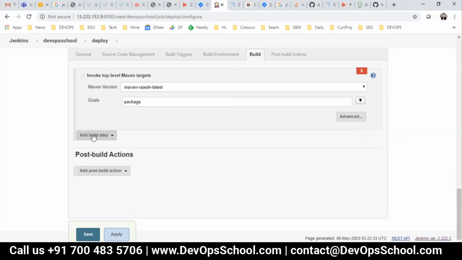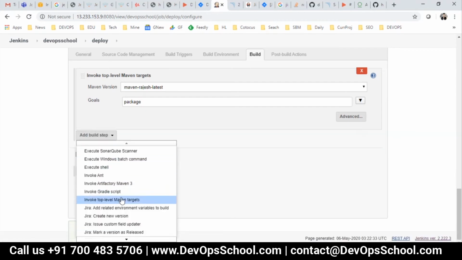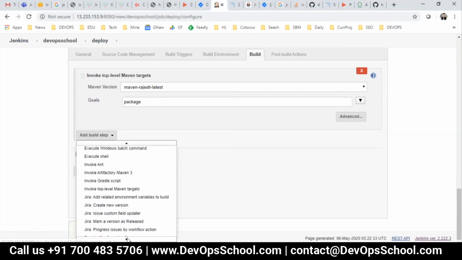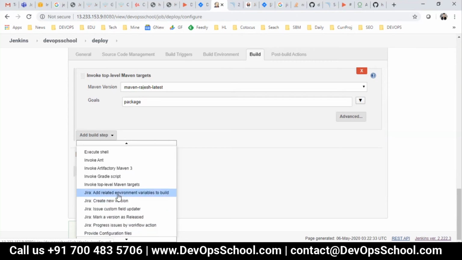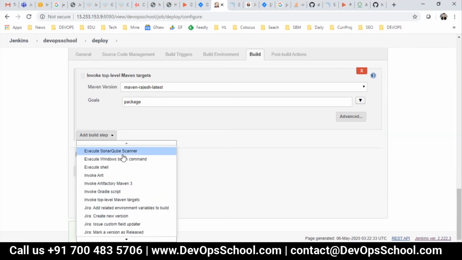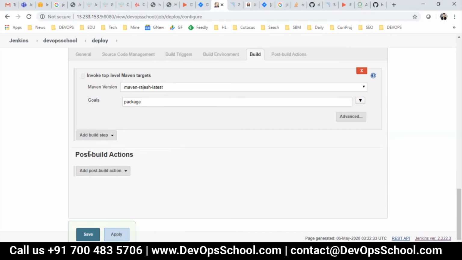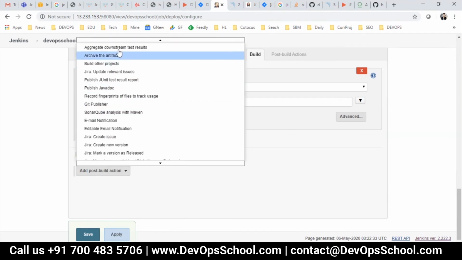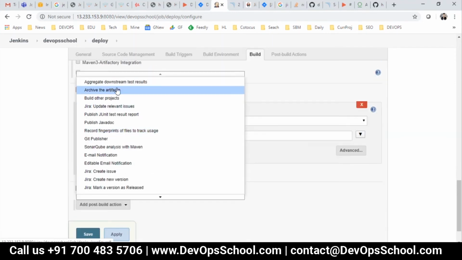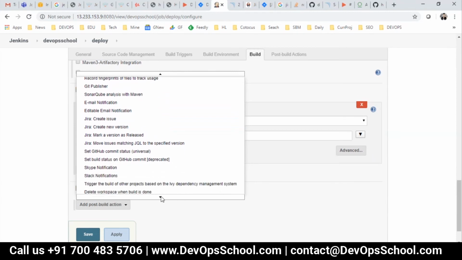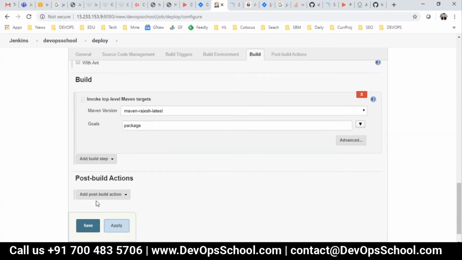So here you see, let me check that I should get upload artifact, something like that. So do you see something has come up? Something has come up. I don't see here. Let me check one more time. I might have missed out. So sometimes different releases, they push it here and there. So publish, no. GitLab, no. Email notification, no. Here, no. That means that option has not come.